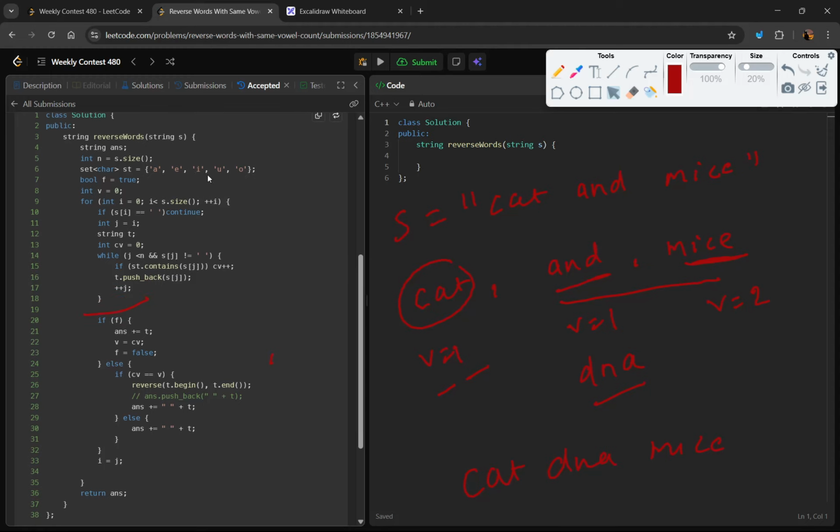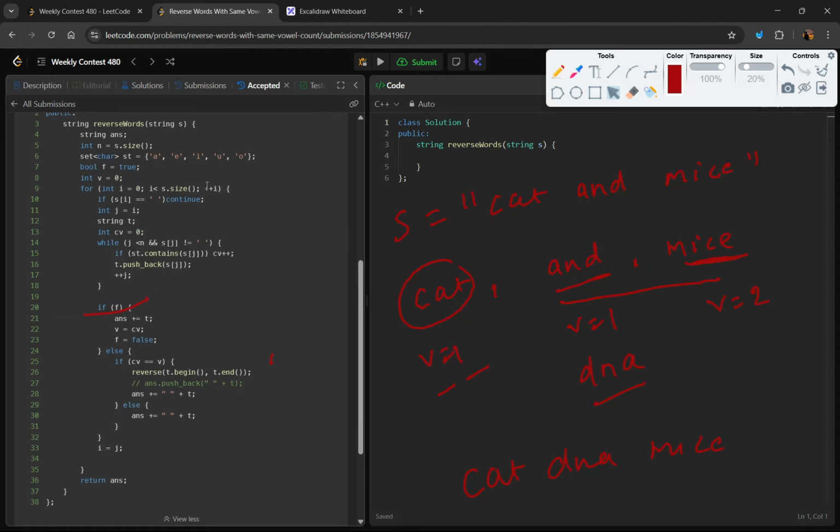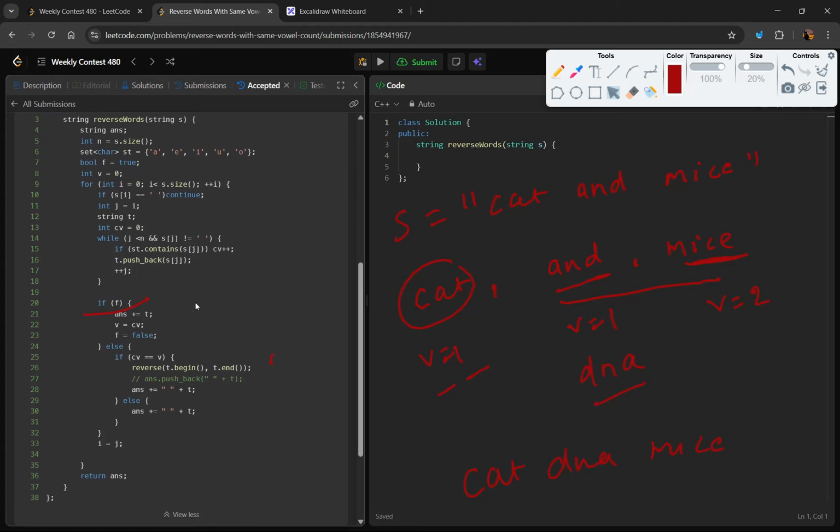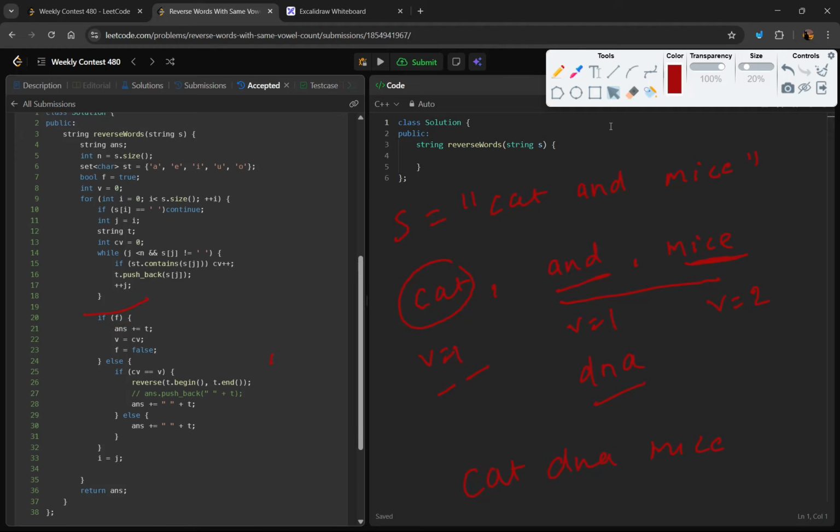I am storing all the vowels in a set and just checking if the current character is present in the set, which means it is a vowel. So it is just an implementation problem and not that hard. What I have explained here is written here, so you can see. And that's it. So talking about time complexity,